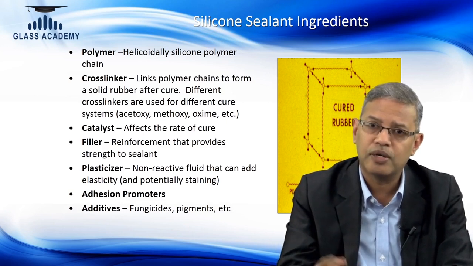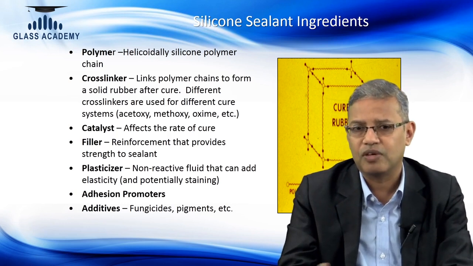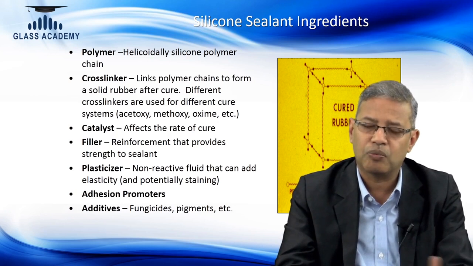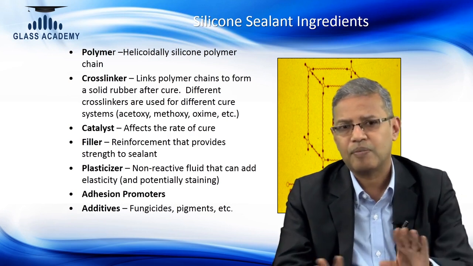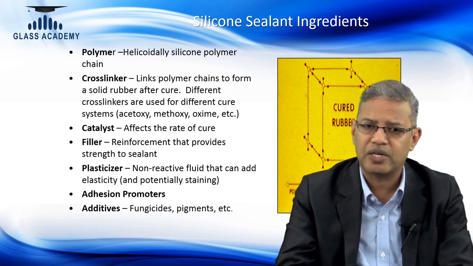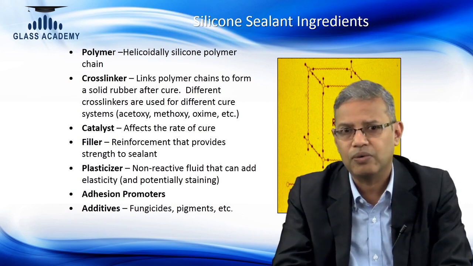But as you all know, there is an amount of filler addition that is going to reinforce. If you add more and more, you can make the product bulkier, or you can make it with more filler so that you can reduce the cost. So by compromising on the polymer or other contents, you can add more filler. What is important to understand is you should have a balanced chemistry of additives added to make this material. You can make it imbalanced by adding some or other more to make it cost effective, but